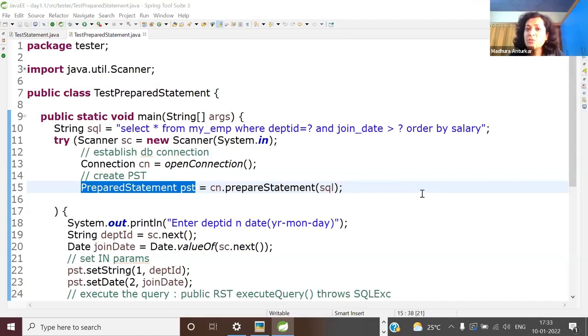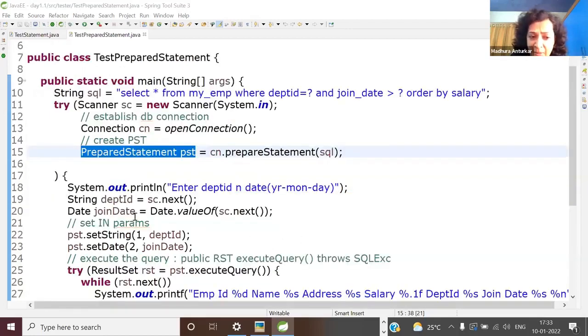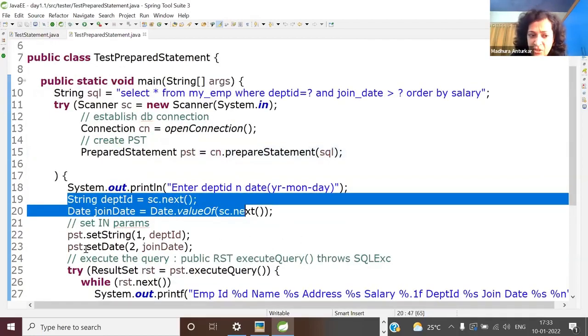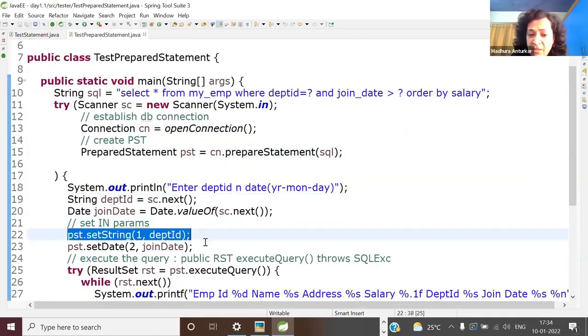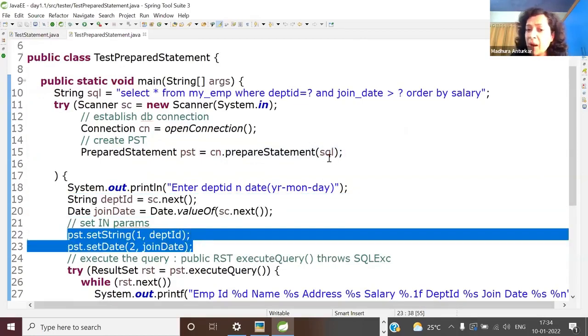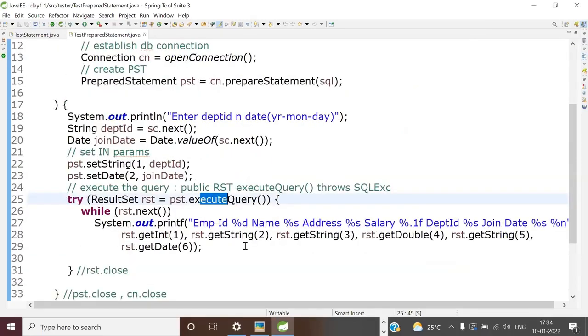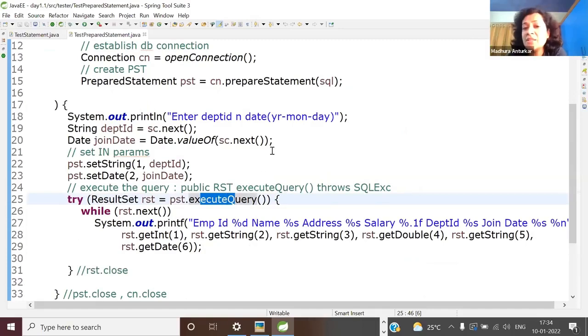What is the only thing the user will have to do 10 times? Just accept the parameters, input information, set those IN parameters. Do I have to pass this query every time so it gets processed every time? Of course not. It is already parsed and compiled. So I just have to call execute query to get the results. So which is higher performant, which is faster when you want to fire the query multiple times? Prepared statement. That is why we keep using that.